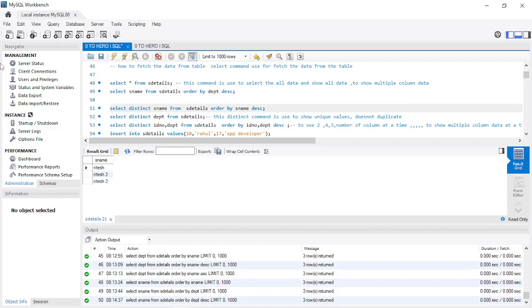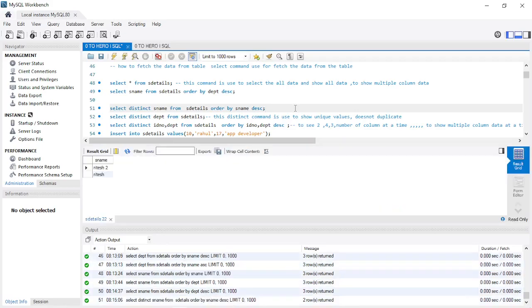and select distinct keyword. Distinct keyword is mainly used to show unique values, no duplicates. Okay, select distinct student name from student details order by student name. Then it will give the output only 2, descending order 1 is Ritesh and Ritesh 2. You will see here descending order 2, and